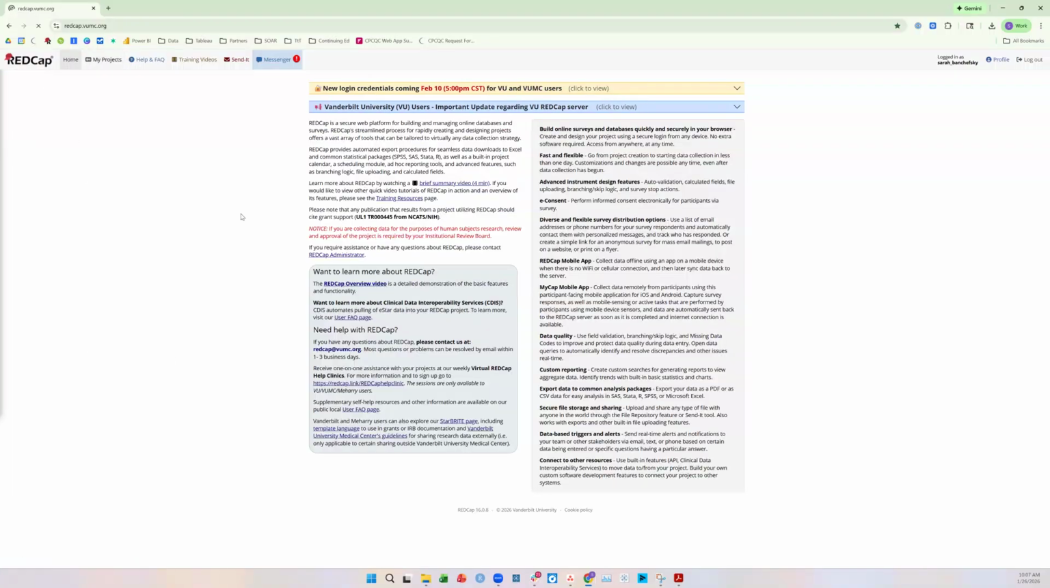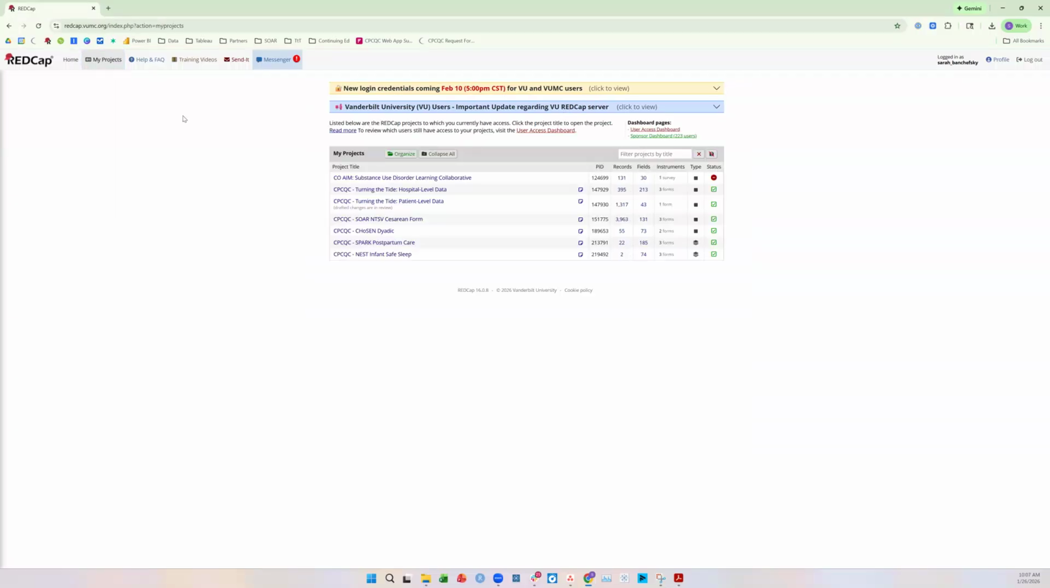You will need a REDCap account. If you don't have one, please get in touch with Sonia, your QI advisor. And if you would like, you can CC data at cpcqc.org, and we'll get you set up to enter data in REDCap. And so all the data you're collecting for your project for Nest will ultimately be entered into REDCap